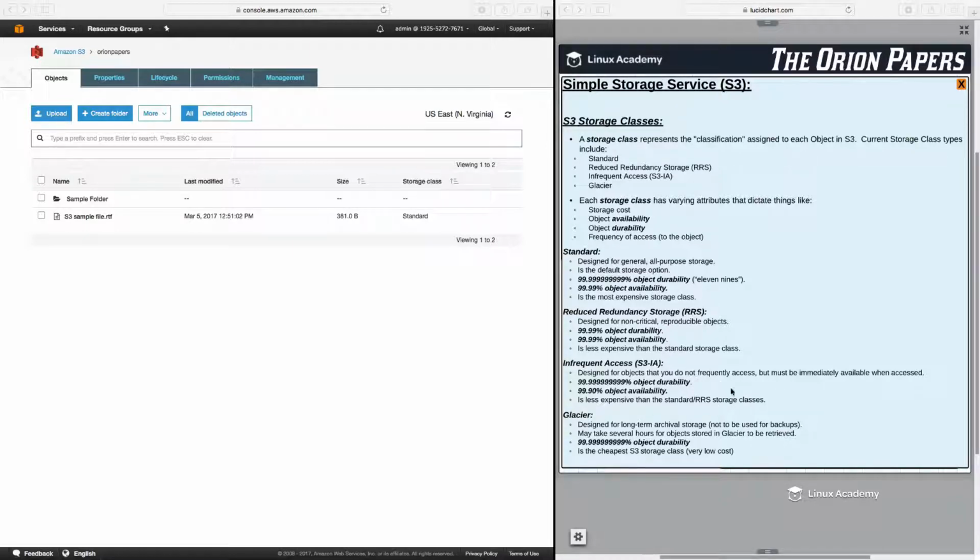And what you generally want to use infrequent access for are types of files that maybe your company is only accessing a few times a week or a few times a month, but again, it must be available when you go to access it. Now, these all differ greatly from Glacier, and Glacier is designed for long-term archival storage